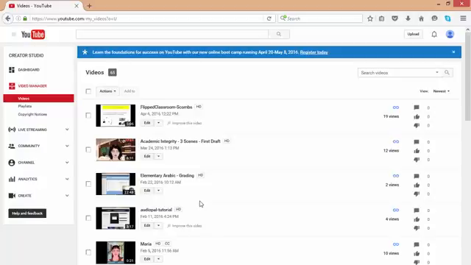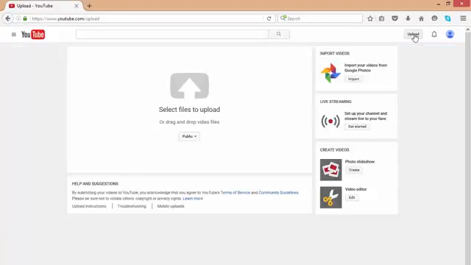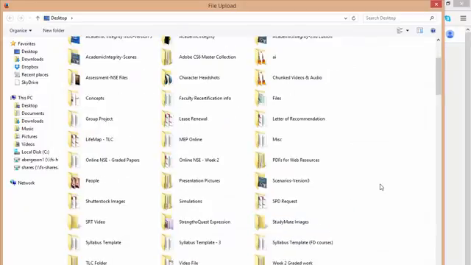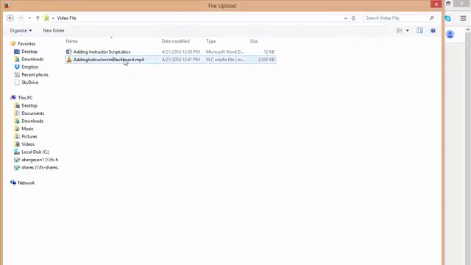and locate the video. If you have not already uploaded your video, simply go up to the Upload button, set your privacy preference. I'll do unlisted for this video, and then select the arrow to upload your video. Locate your video file. For the purpose of this tutorial, I will use a video titled Adding Instructors in Blackboard. Select Open,